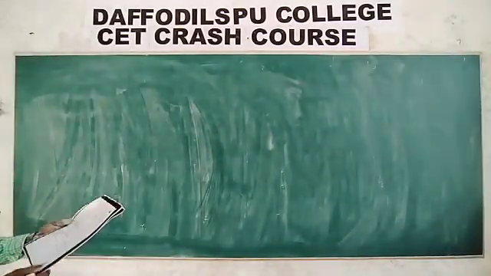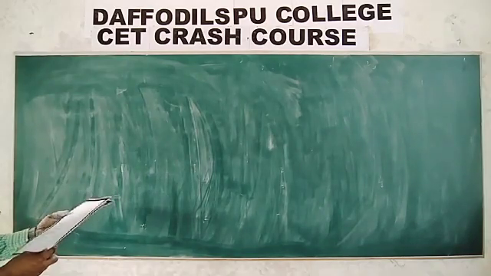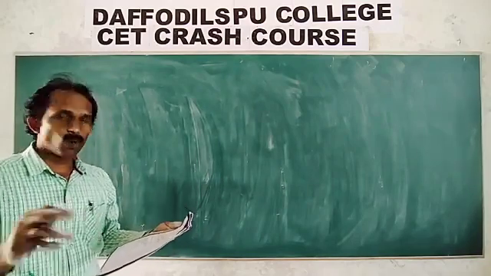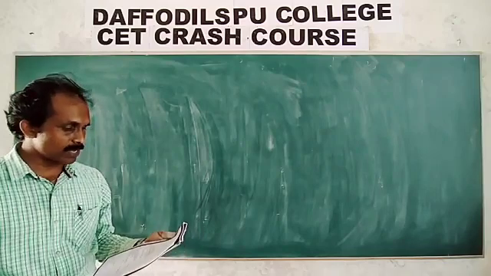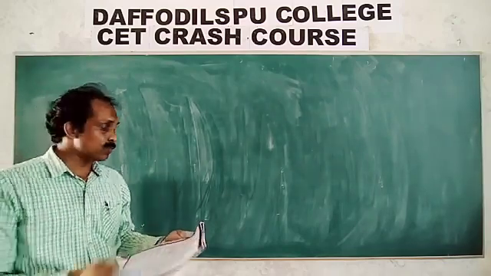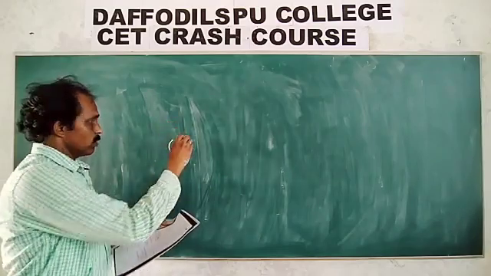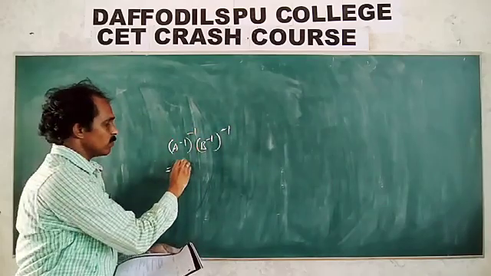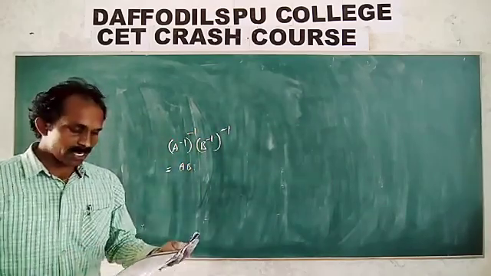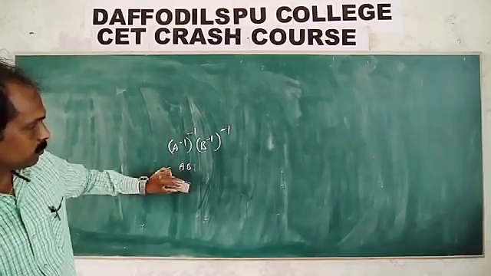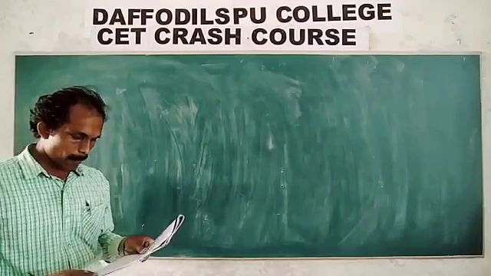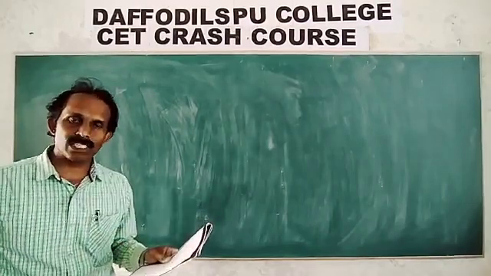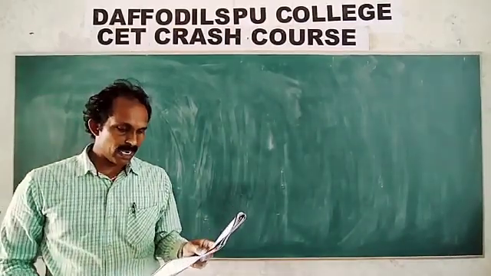Next, 38 you do, 39 also you try. B inverse into A inverse, whole inverse. Apply the property, AB whole inverse property. B inverse whole inverse, A inverse whole inverse is equal to A inverse into B inverse whole inverse, that implies the value is AB. So just find the AB value, we will get the answer. Right. 40. This also you try: A square minus 5A, just multiply A inverse inside and find the value. Next, 41.